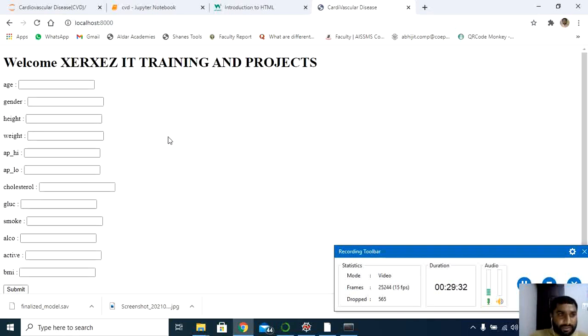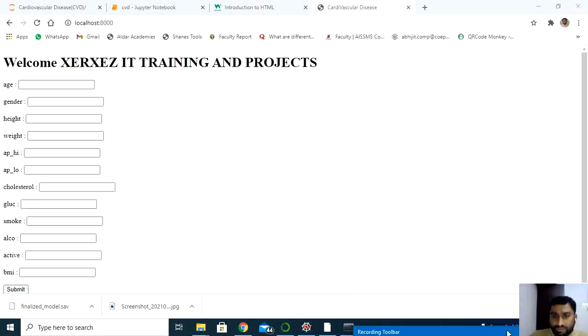Yeah, perfect. Now you can see all the forms. The form is already created. Let me zoom in so that you can see clearly. The submit button is also available, along with all the features. So I have created the form from where the client can enter all the data. This is just a basic deployment of this particular project.